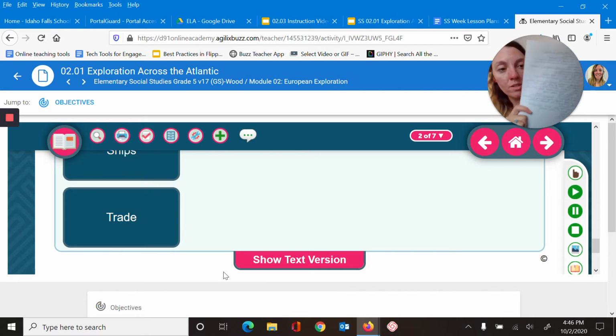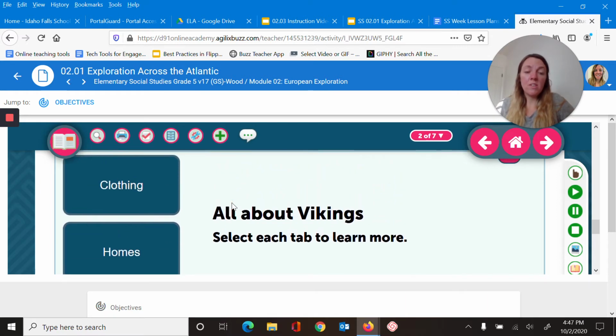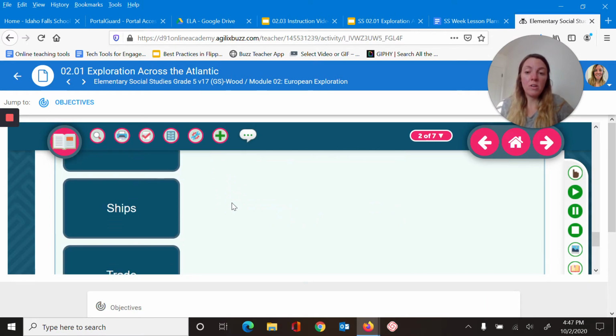As I was going through this lesson, I wrote my lesson title, my objectives, and then I started writing notes about the Vikings. And I wrote about their clothing and their homes and their ships and their trades, and I took notes so that I could use them on my assignment and also on my assessment, but not only to use them in future things to help my learning. So I encourage you to use an interactive notebook.